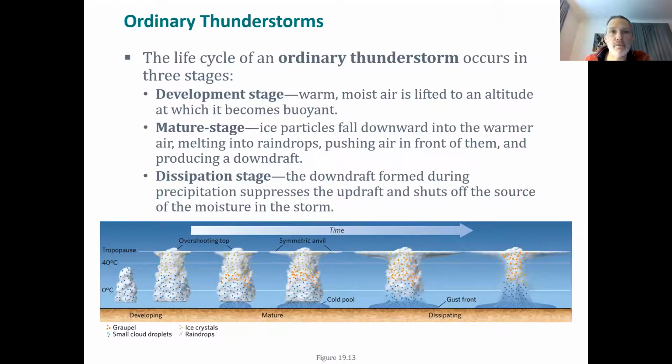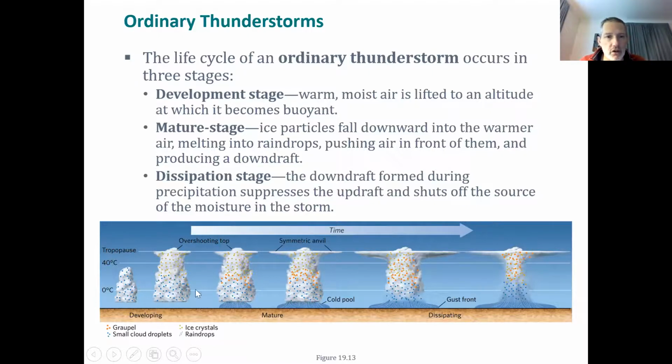Maybe we have a blacktop surface, and as a result, it's going to take in more sunlight, so it's going to give off more heat, and in response, it's going to become very, very unstable. So what starts to happen if we look at this slide during a normal, ordinary thunderstorm, we have